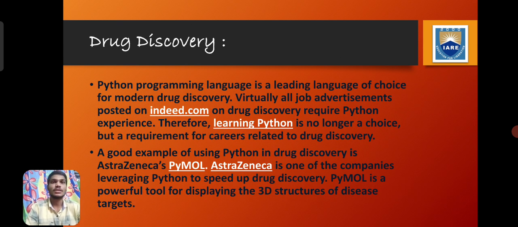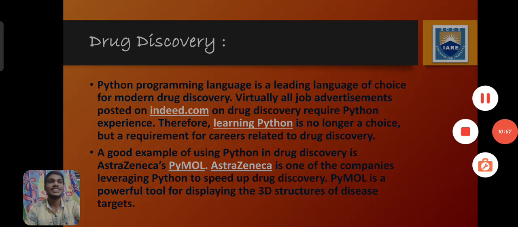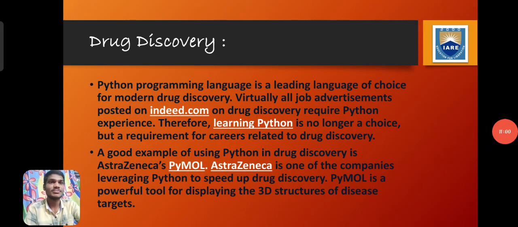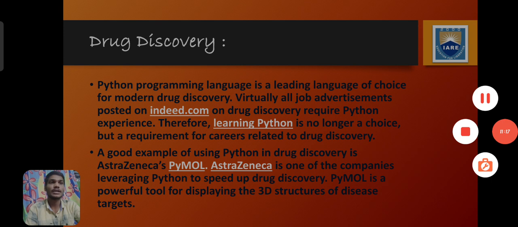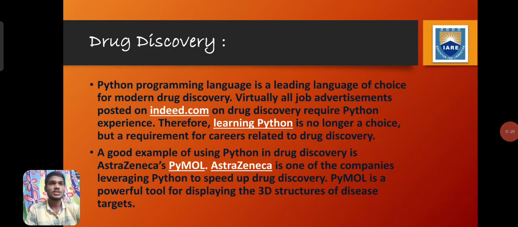Drug discovery. Python is the leading programming language of choice for modern drug discovery. Virtually all job advertisements posted on Indeed.com in drug discovery require Python experience. Therefore, learning Python is no longer a choice but a requirement for a career related to drug discovery. A good example of using Python in drug discovery is Genesis. PyML essential Genesis is one of the